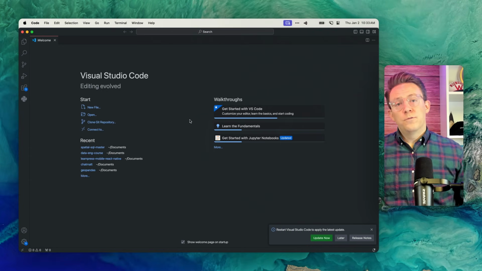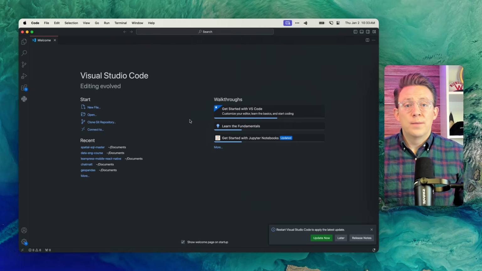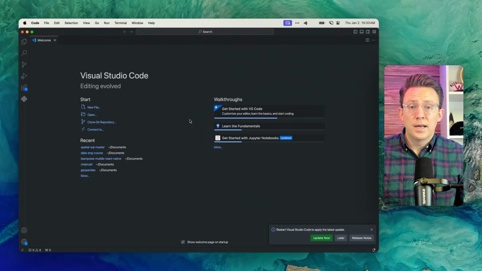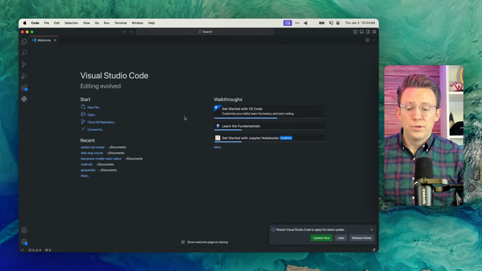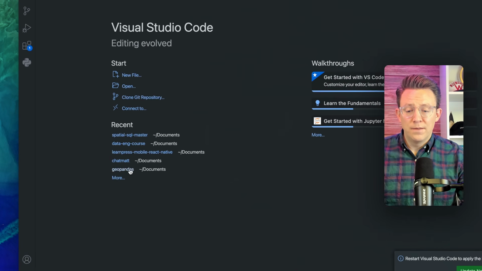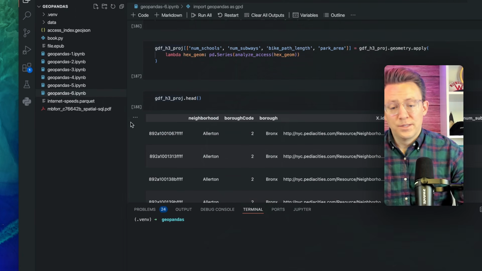Okay, so before you jump into this step, you can actually go ahead and download all of the files from the course website over at moderngis.xyz. This will have all of the files and data set that you need. So once you do that, you just want to put those in a specific folder that you want. I've just set up a folder called Geopandas on my computer here, and this is where I'm storing all my